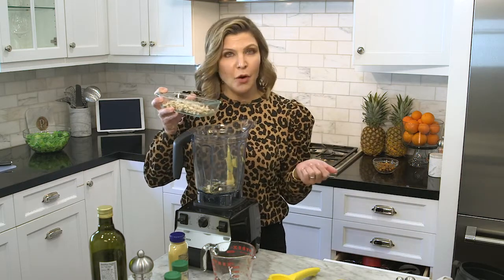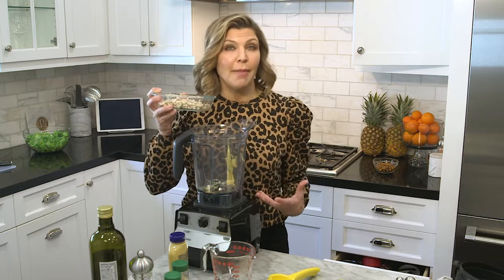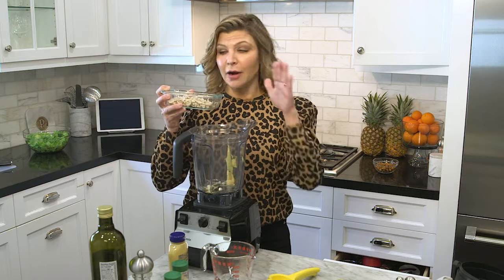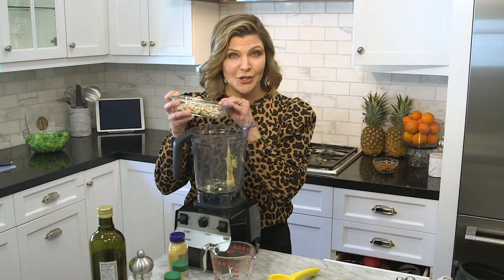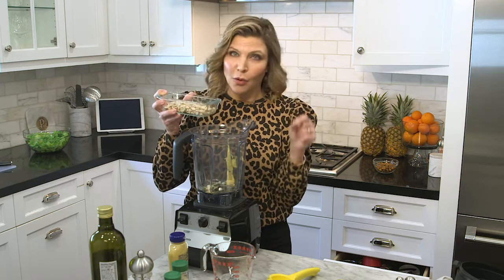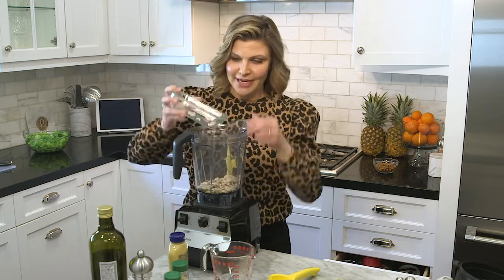I didn't soak them overnight. You can, but I did the quick soak method for these cashews, and that basically means I just took boiling water, poured them over my half cup of cashews, and let them sit for 1 hour so that they soften and blend up a whole lot easier when you're making your dressing. Put those in,